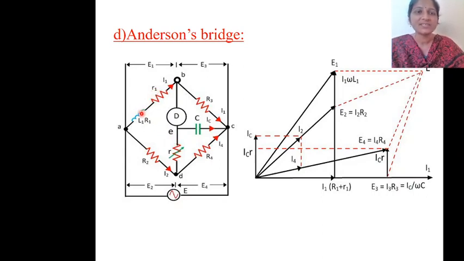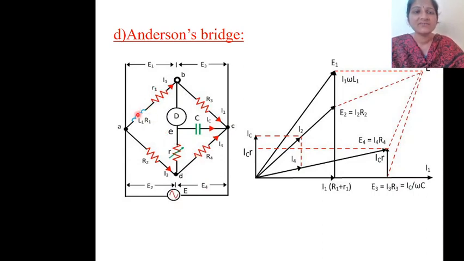So this is the unknown inductance value and unknown resistance. These are kept in the first branch, and R2 is the second branch, R3 is the third branch, and in the fourth one you are considering R4 is the fourth branch, and in parallel with this the R resistance and capacitance are placed here, which is adding an extra node E. Small e is the extra one, and A, B, C, D are the regular ones only. And for the first branch the voltage is E1, and second branch E2, this is E3 and E4.